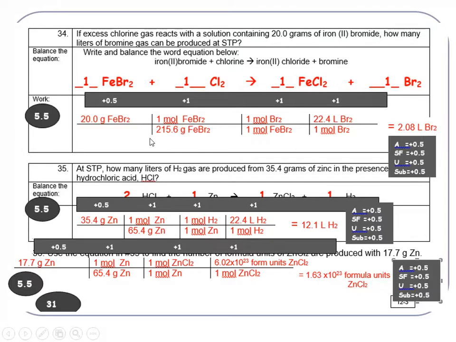For 35, you have 35.4 grams of Zn divided by 65.4. Mole ratio is 1 to 1 times molar volume, 22.4 liters over 1 mole gives you 12.1 liters of H2. For the last one here on 36, 17.7 divided by 65.4, 1 over 1. Times 6.02 times 10 to the 23rd formula units of ZnCl2, which gives you 1.63 times 10 to the 23 formula units of ZnCl2. Write how many you missed at the bottom,